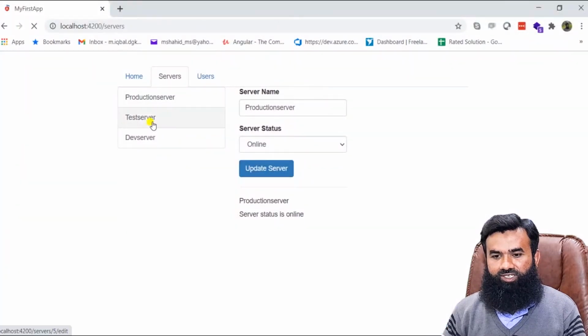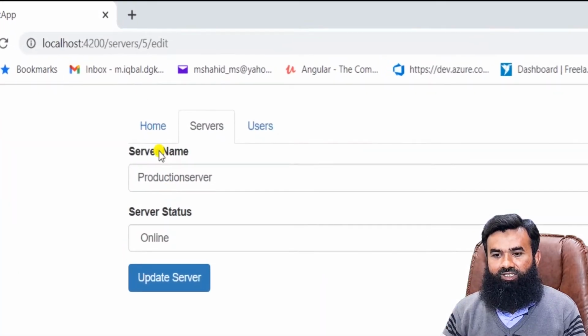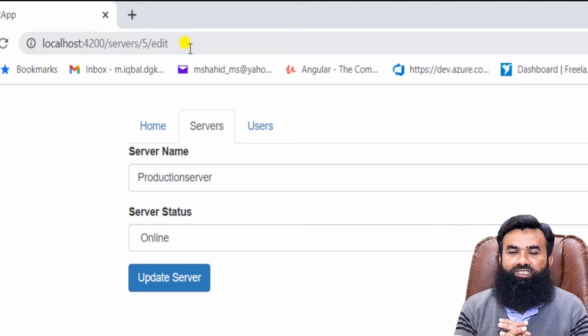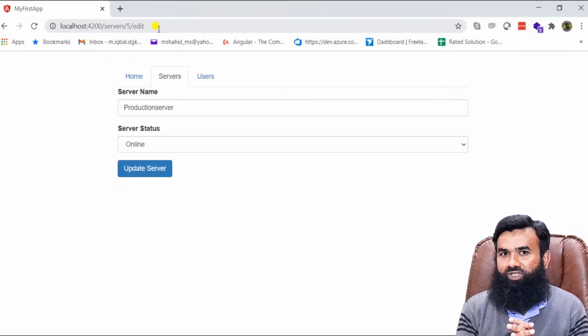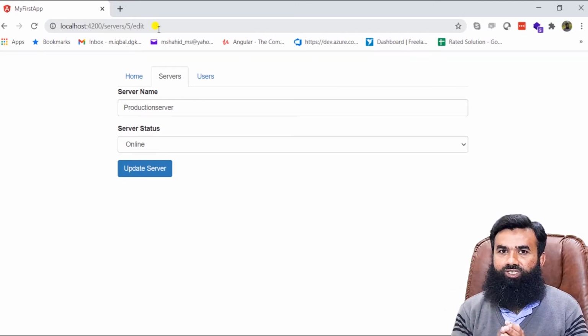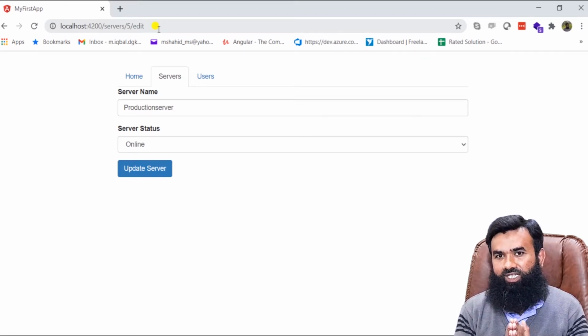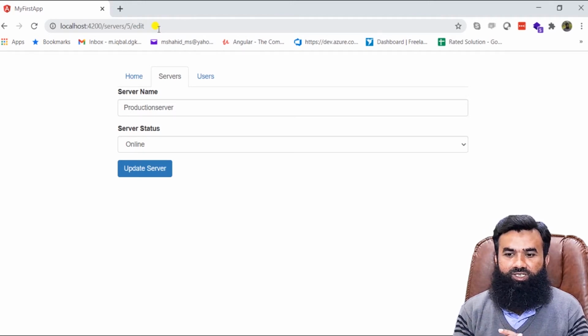I have saved it. Now when I click on that, you see 5 and edit, both these two values are added in the URL. So that is working, and that's how we have set up and used the routerLink directive. Now, as you know, the purpose of this video is to pass a query parameter in the URL. How are we going to use that? Since we have set up that link, and we have also called the edit servers component,